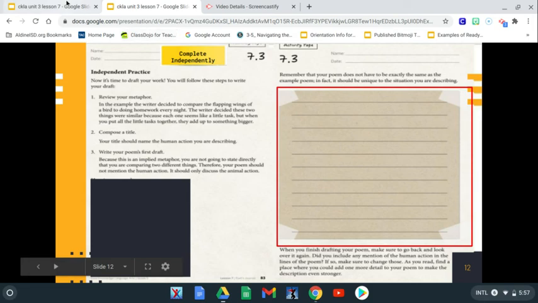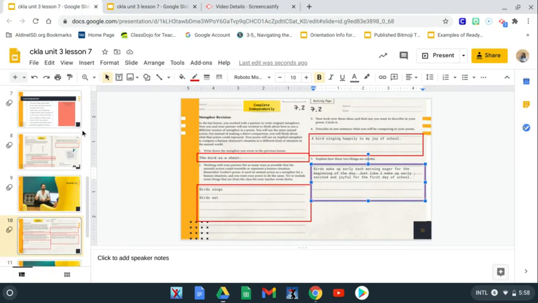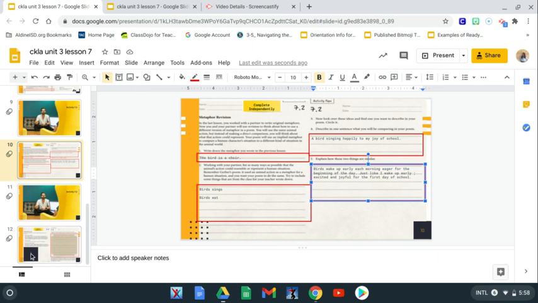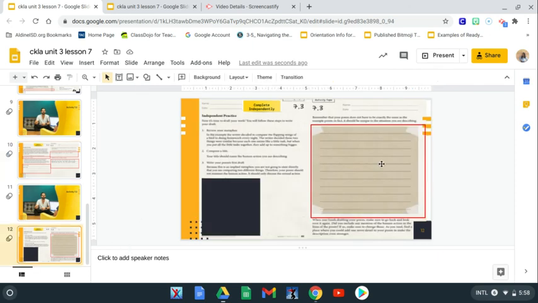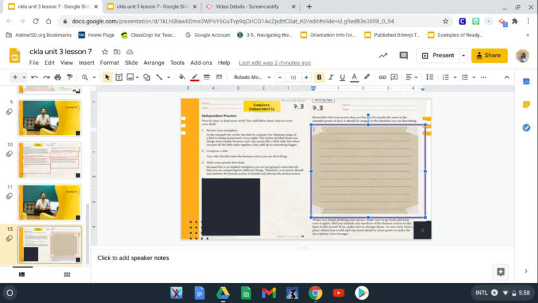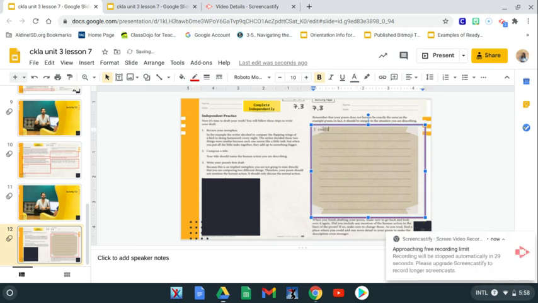So this is my drafted poem that I'm going to put into 7.3, boys and girls. So again, I'm writing about how a bird sings so joyful and so excited for the start of the day. Reminds me of how I am so excited and joyful for the start of the school year and the first day of school, right? So this would be my poem, boys and girls. I could hardly. So we're running out of time right here. I'm going to stop and come back and finish 7.3 with you guys and share my poem.